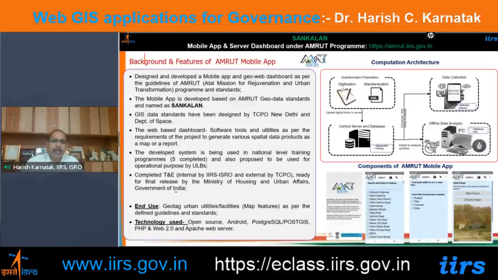What we do here, basically, is geotagging of different geographical features, especially in urban areas, like national highways, state highways, major roads, and other district roads. This is a simple example of the mapping of a road. This way, you can perform the geotagging activities by using the mobile, and automatically it will be linked with the GIS maps available on the server, and a ready-to-use WebGIS platform will be available to the users. This mobile app is called Amrut Sankalan, a very interesting app, and the Ministry of Urban Development is using it under this program for their geotagging activities.